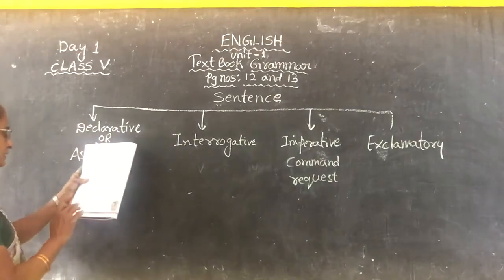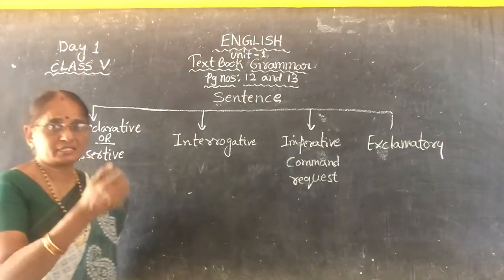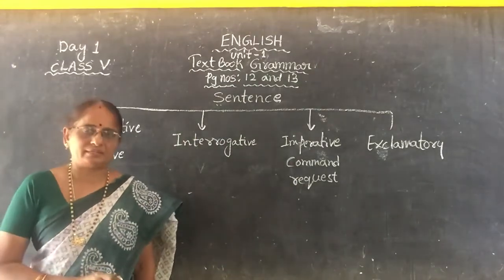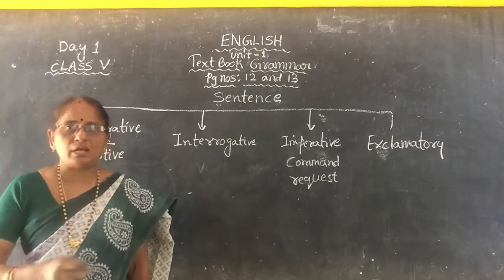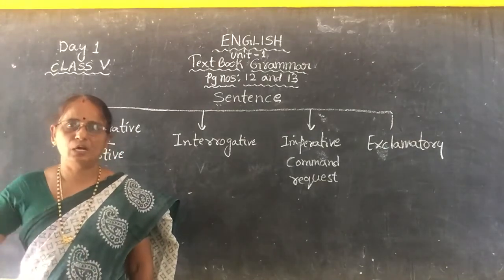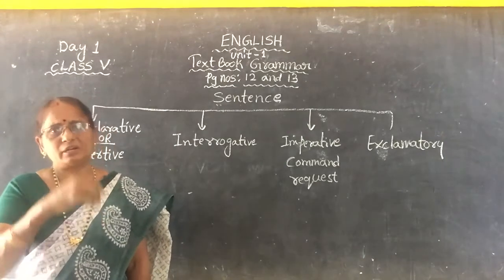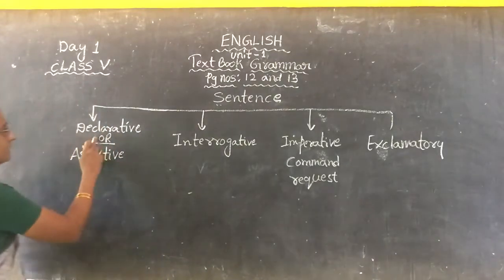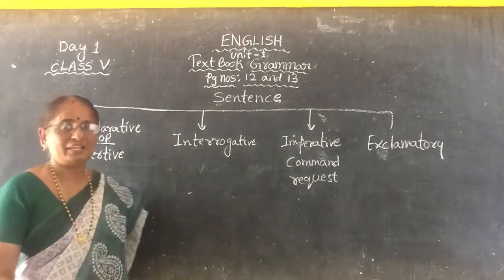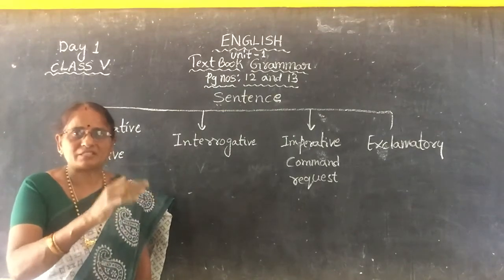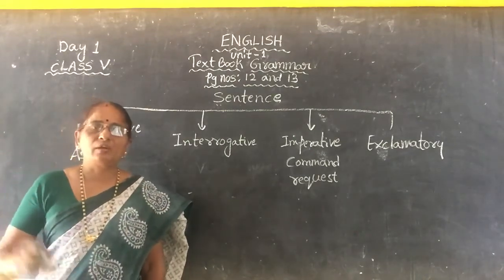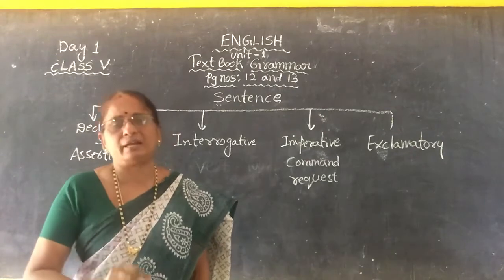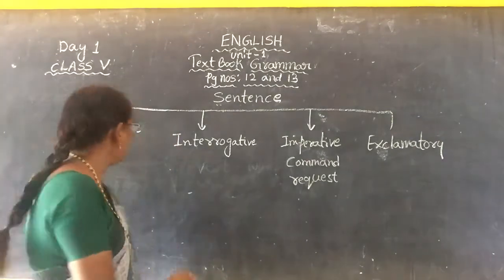Now coming to the first one, a sentence that makes a statement or assertion is called a declarative or assertive sentence. A sentence that makes a statement or assertion means you are telling something to others. You are declaring: I am going to the market, isn't it? She is coming to my house. We are going to my uncle's house. You are declaring, and there are no doubts in that sentence. Declarative means declaring. You are telling with the full meaning of the sentence. I am going to the shop. Today is my birthday. I am celebrating my birthday with my parents at home only. So you are declaring: assertive sentence.